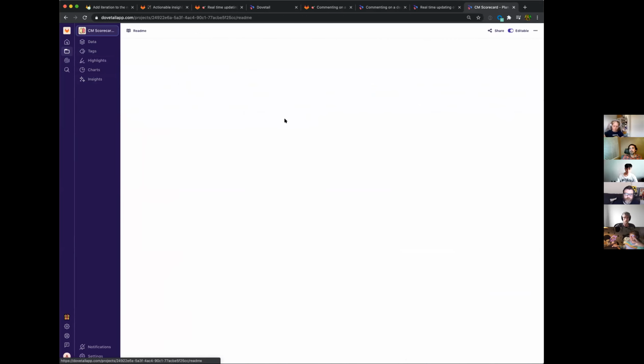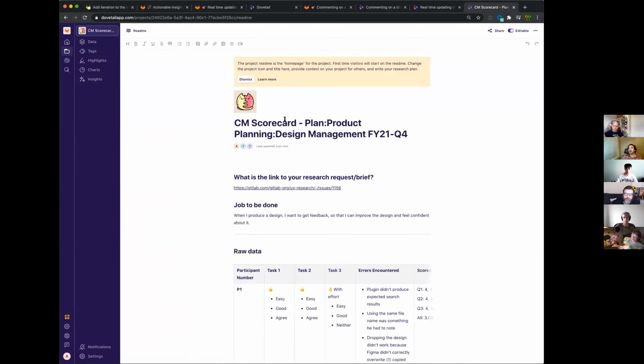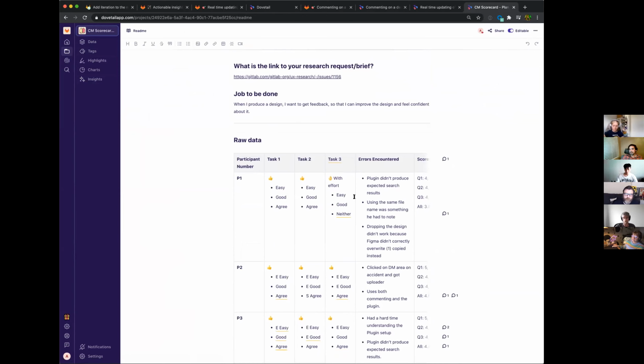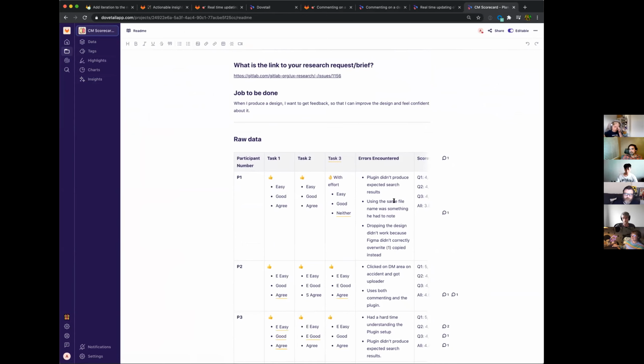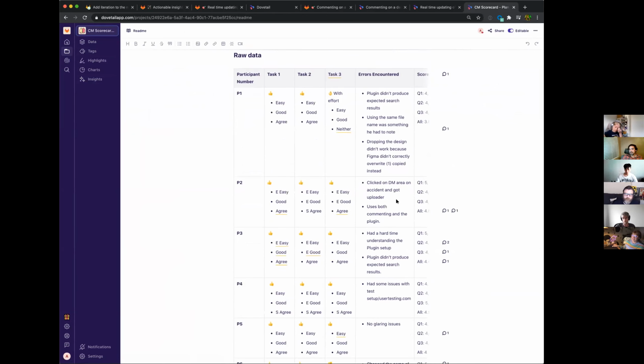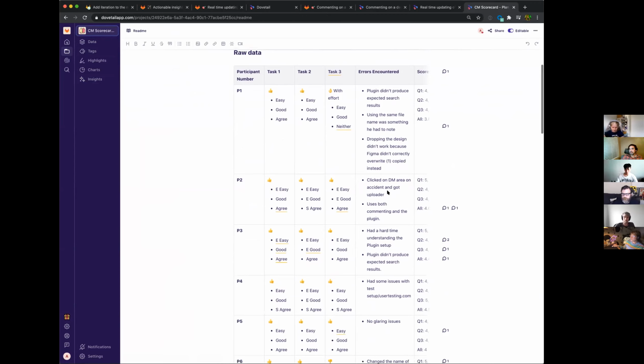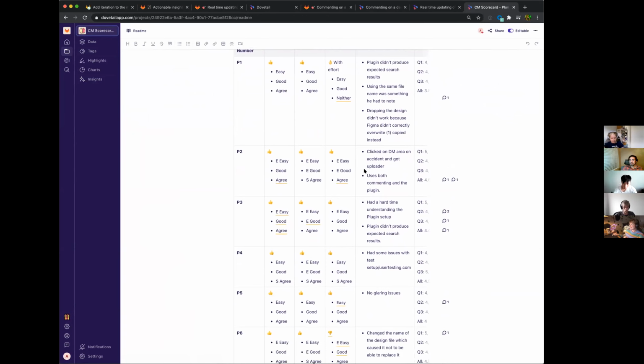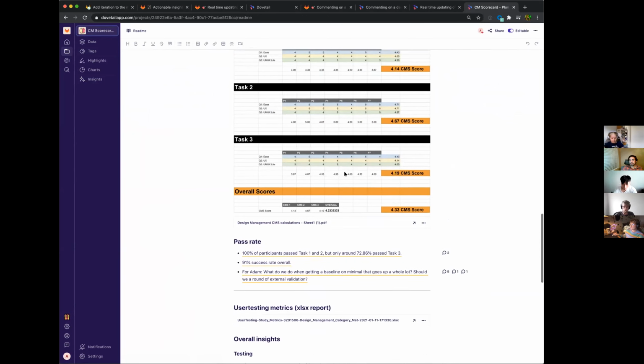That's kind of what I said before: because they were internal, when we asked them questions like, was this a good experience, they would be judging it based on the last time they used design management. They might think, wow, this has improved a lot since the last time I used it, I'm going to score it 5 out of 5. That's why it was a little biased, but it was with 7 designers at GitLab, which is cool.